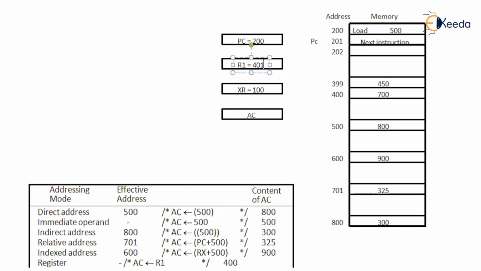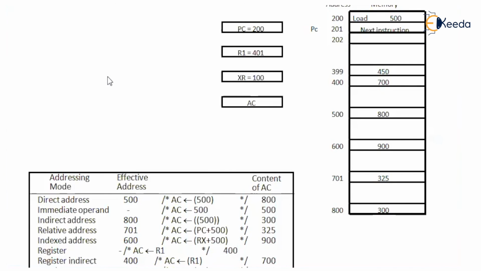But in auto decrement, there is a slight variation. Before performing the operation, we first go to the register and decrement the contents. The contents of R1 is 400, but we don't take 400. R1 will be decremented, that is 399.